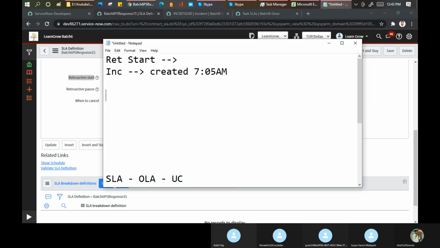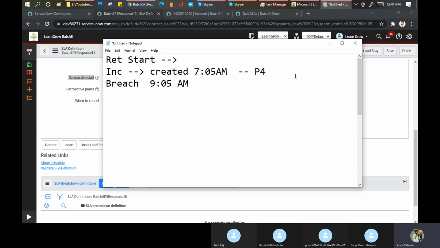It is a P4. Now, why am I adding a P4 as well? Because these things play a vital role in these two concepts. Okay. P4, let's say the breach time is 9:05 AM.